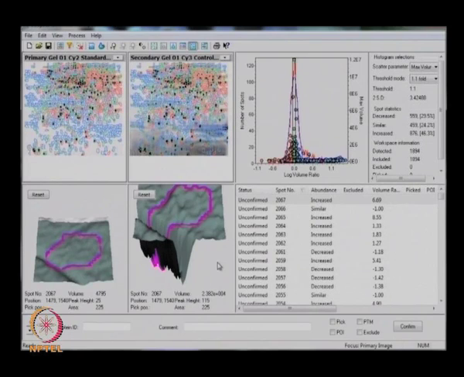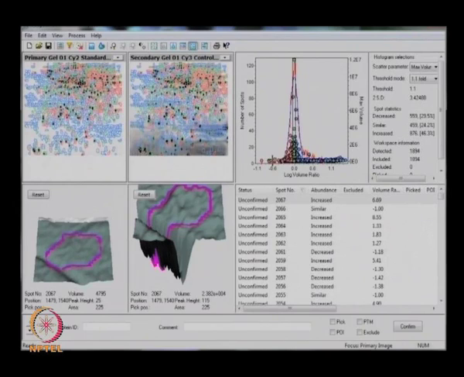In DIA, each image is co-detected with its internal control, producing 2 image pairs. The ratio of standard sample is calculated for each protein in each image. As we see here, these are all the spots which have been detected, in which you can see some red colored spots.